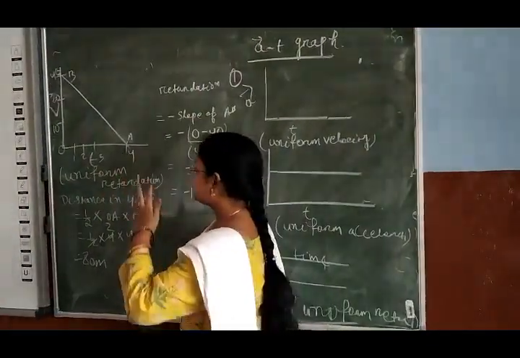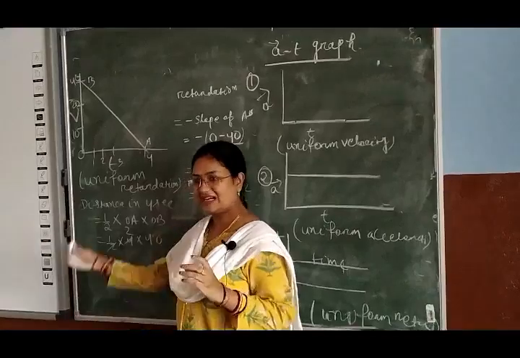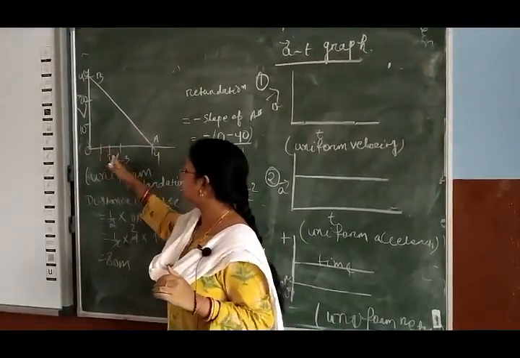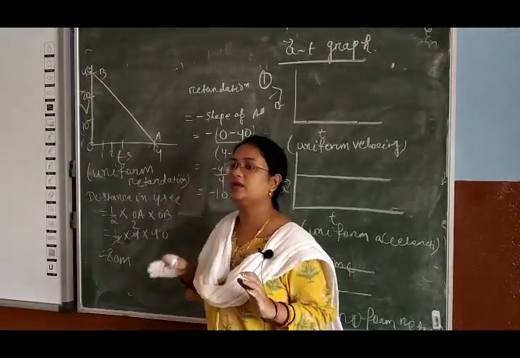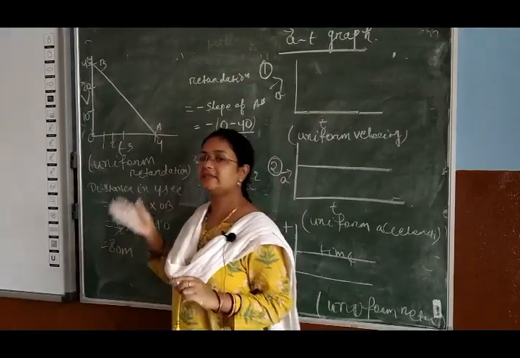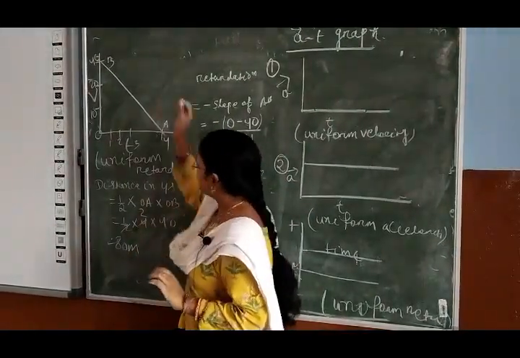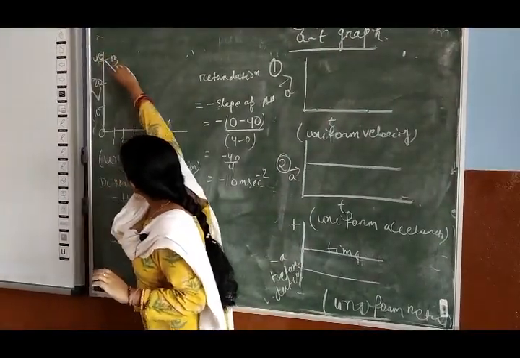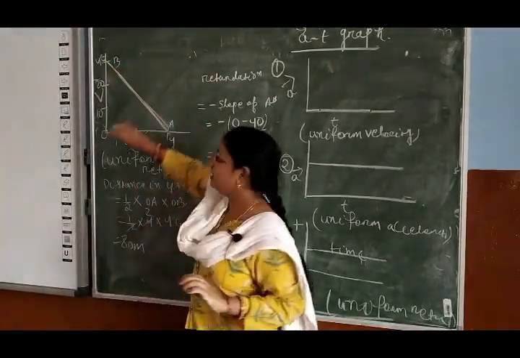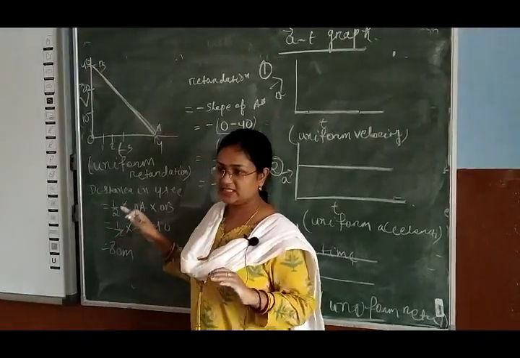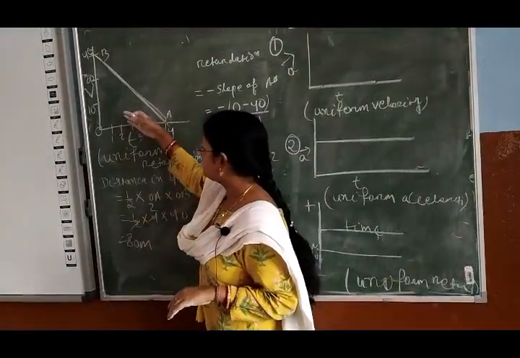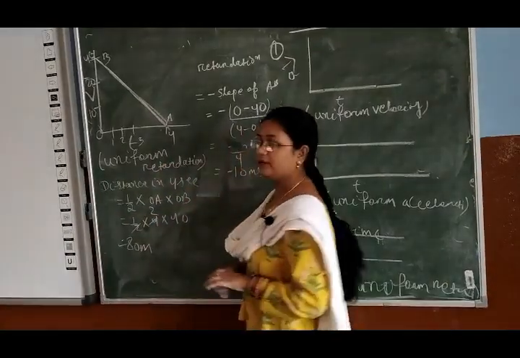You have seen there the velocity time graph for uniform acceleration. That means velocity is continuously increasing. Here the graph is the velocity time graph for uniform retardation. I had told already that if the velocity decreases with time, then that is your retardation. So you see this figure, this velocity is decreasing. If the graph is like this, then you will think that here the velocity decreases and that is for retardation. Okay, and from this graph also you can calculate the distance.